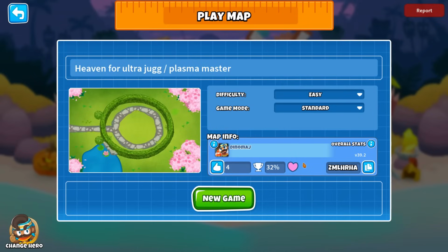Ever wants a map that is just so built for a particular kind of tower? Well, in this case, we're going to be uncovering the true strength of the Ultra Juggernaut. Also, we're going to be going for the Apex Plasma Master. Our challenge today is to build a degree level 100 Apex Plasma Master and see how far we can go